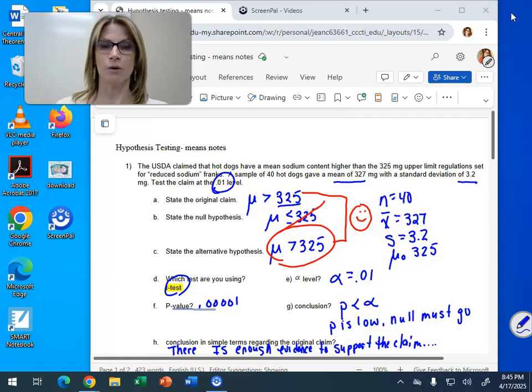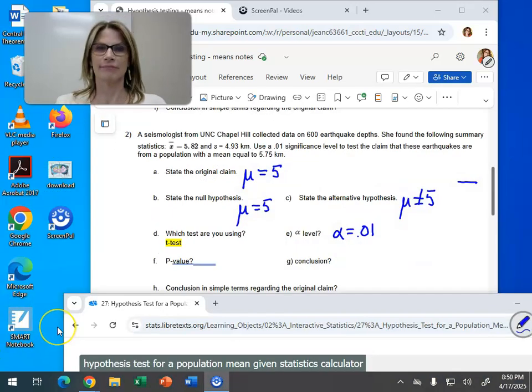And we're going to do one more of these. You're going to pause this and write this down. Okay, so let's look at another one. A seismologist from UNC Chapel Hill collects data on 600 earthquakes. That is N. She found the following summary statistics. X bar, the sample mean, is 5.92. S is 4.93. Use the 0.01 significance level to test the claim that these earthquakes are from a population mean